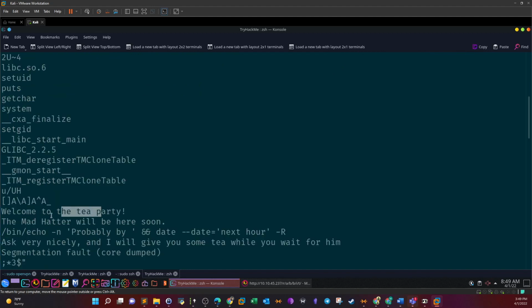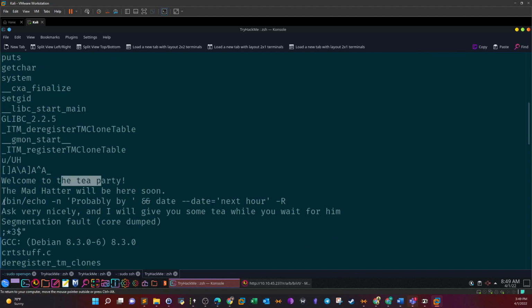Welcome to tparty. The Mad Hatter will be here soon. It runs /bin/echo -n, probably followed by date. It actually invokes date to give you the date of where or when the Mad Hatter will be here, and displays it. But notice that the echo binary is being called using its absolute path, but date is not being called using its path,